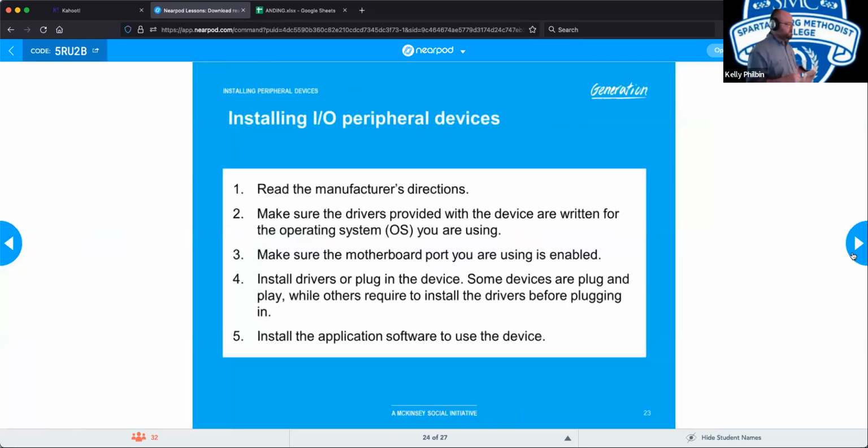Next, installing I/O peripheral devices. It's pretty straightforward, thankfully, for the most part, especially nowadays. Read the manufacturer's directions that come with it. Make sure the drivers are provided with the device. Sometimes it comes with a nice little optical disc. Sometimes it may come with a USB, though I often tell people do not ever plug random USBs